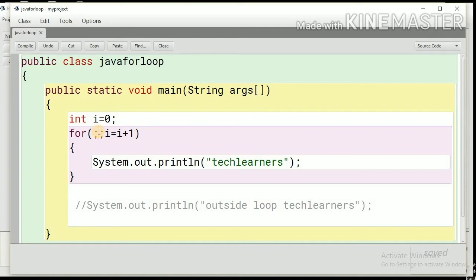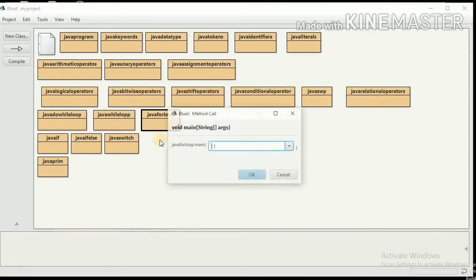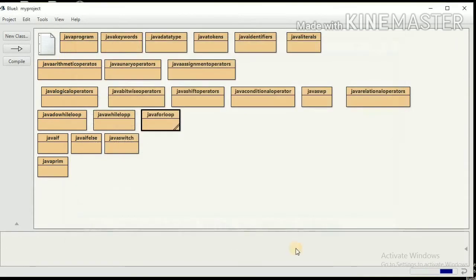This will send the loop into an infinite loop, so it will never exit. Let me show you. If I compile this, close, and run, yes, this keeps going on. So this is an infinite loop, so we will never get out of this loop.